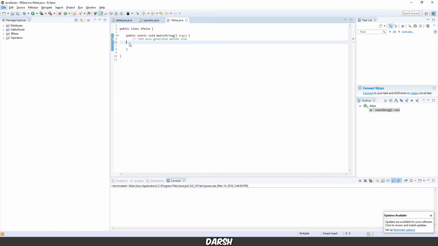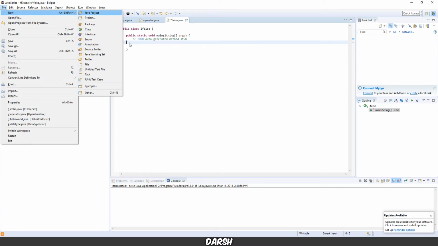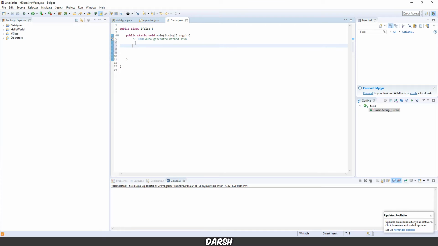So basically, the way if-else statements work is, if a certain condition is true, then we run a piece of code, and an else is basically, else if something else is true, then do that. Alright, so for a basic example,